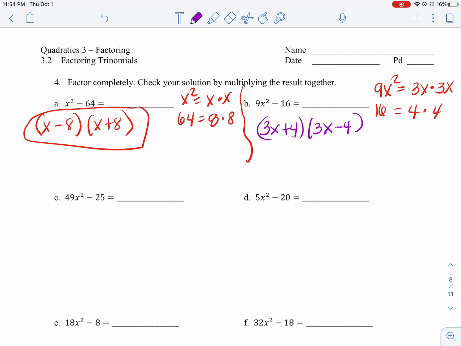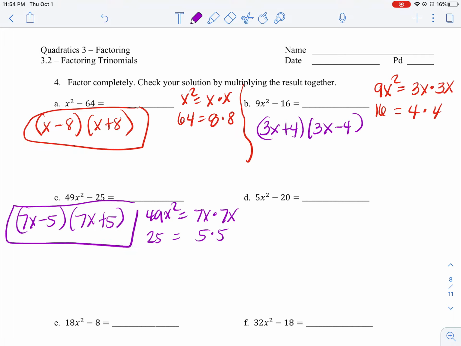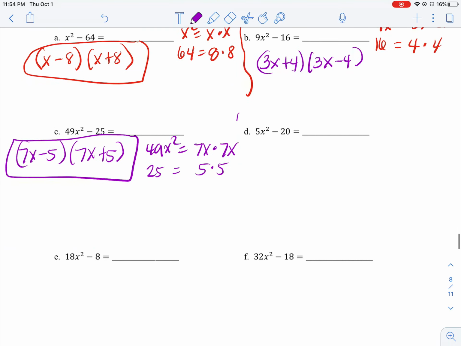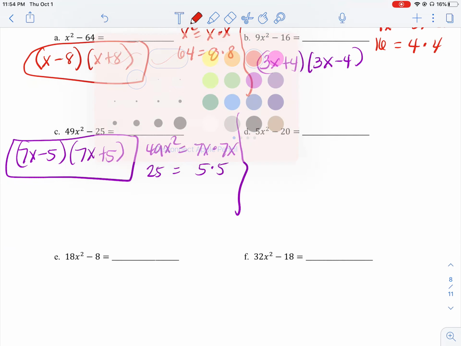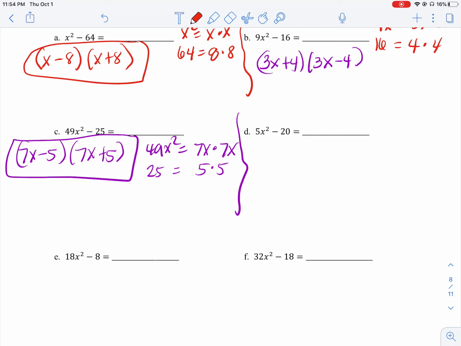All right, what about this one? 49x squared is 7x times 7x. 25 is 5 times 5. So this is 7x minus 5 and 7x plus 5. Done. Next, we have 5x squared minus